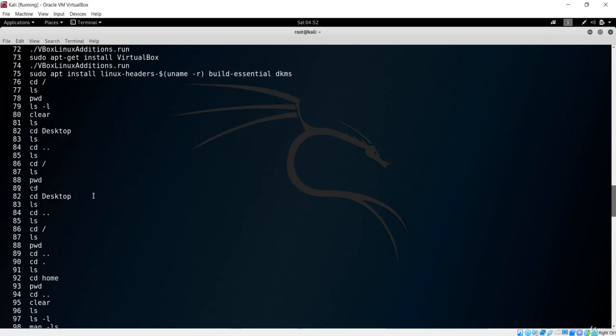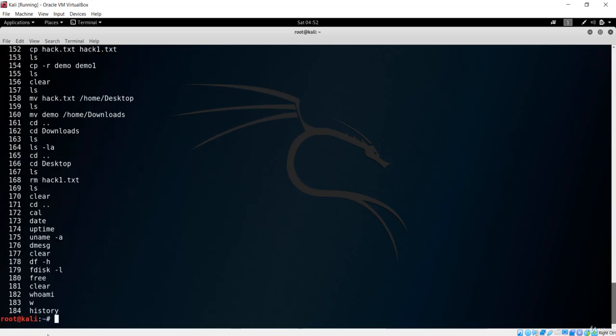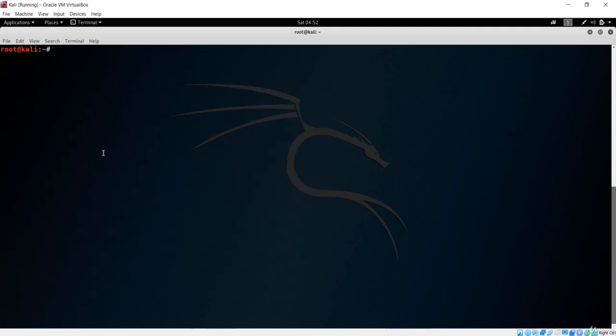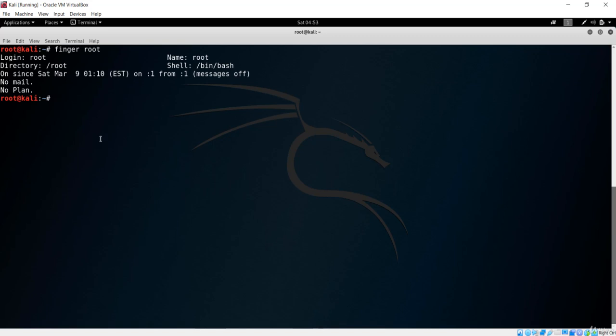Every command that is executed in this machine will be seen over here. If you want to display the last login info of the user, it should be the last command, and you'll see when the user has logged in. And you can simply display the user information with finger root, and you can see this displays the user information.